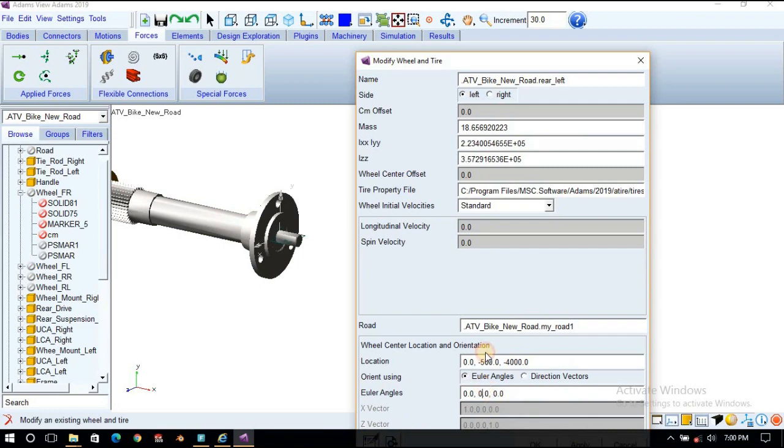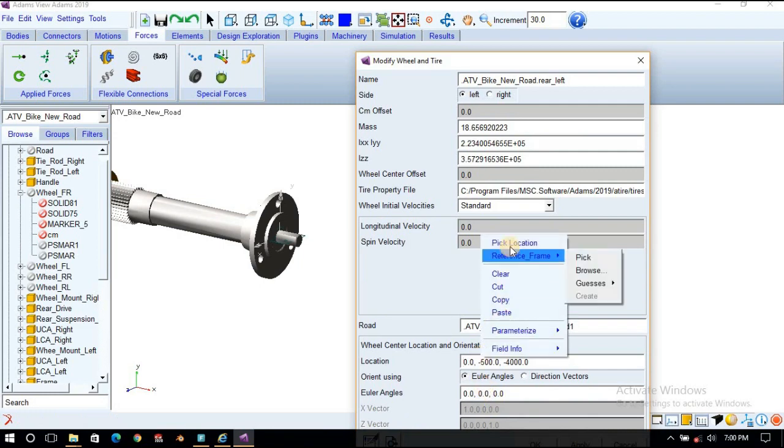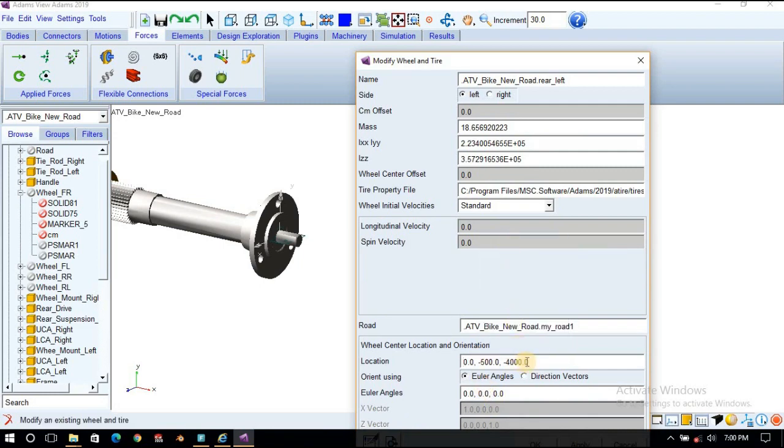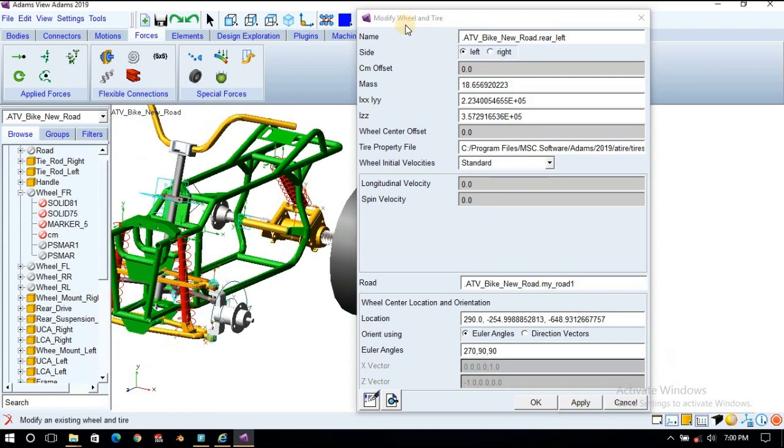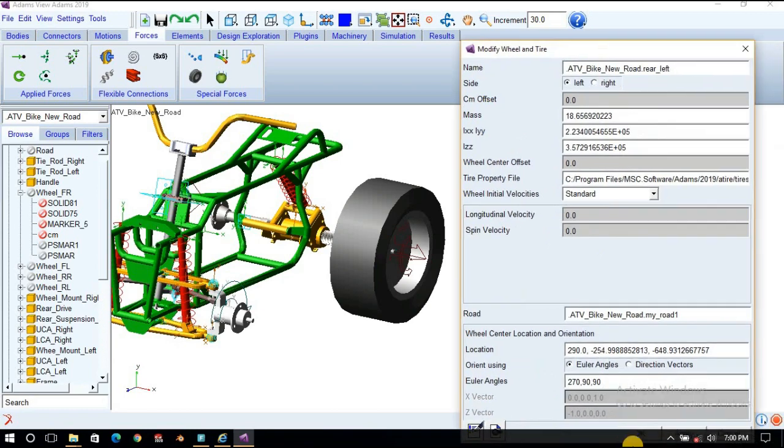Click in the location tab and pick location, or you can enter it manually if you know the correct location. Rear drive marker 4. Orientation we have to change, not 0, 0, so 270, 90, 90. If this tire is on the right side, instead of 270 it will be 90. Click apply. So now this tire is placed at the appropriate side.